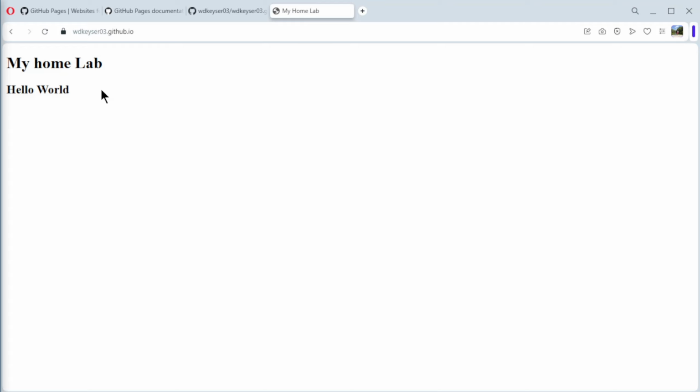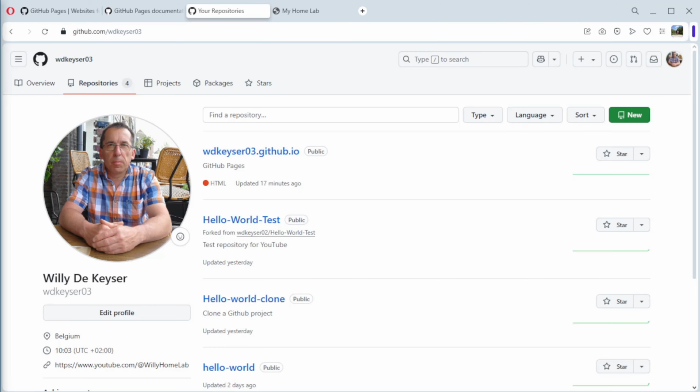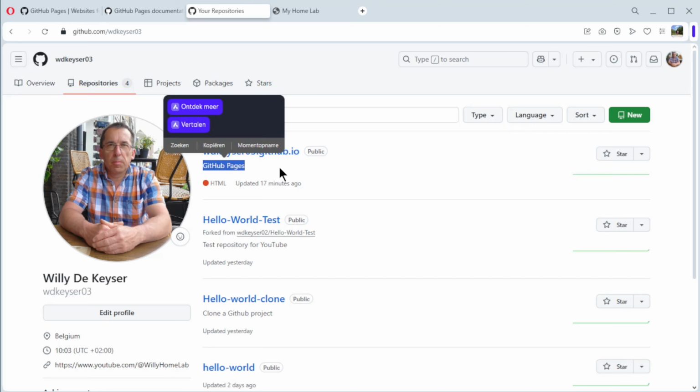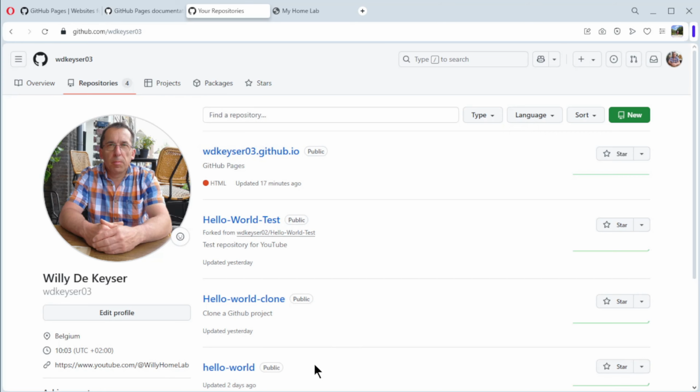In this next part, we create a sub web page. We are back on our repository page and see we have a new repository for GitHub Pages. Now I want to create a page for every repository we created in previous videos, a hello world and a hello world clone. So how do we do that? You select hello world,